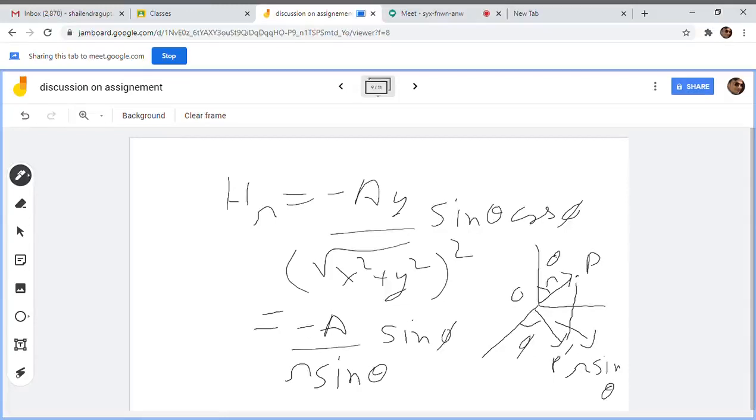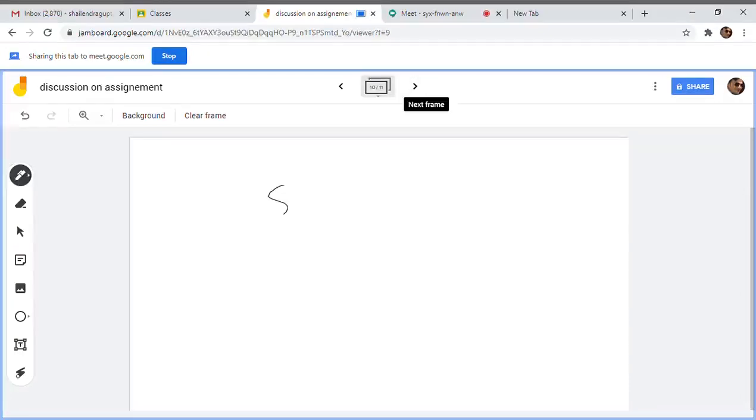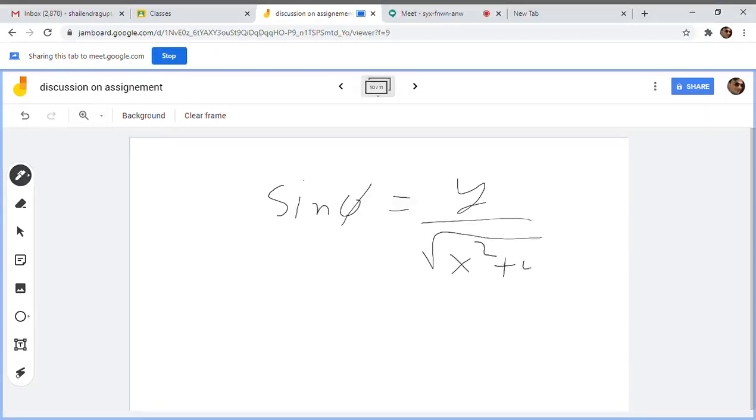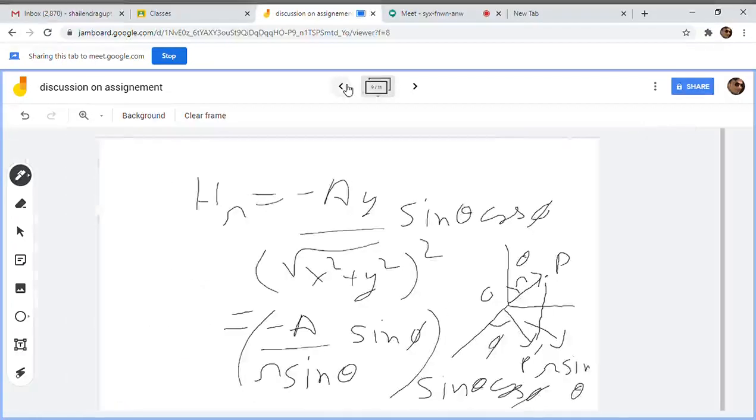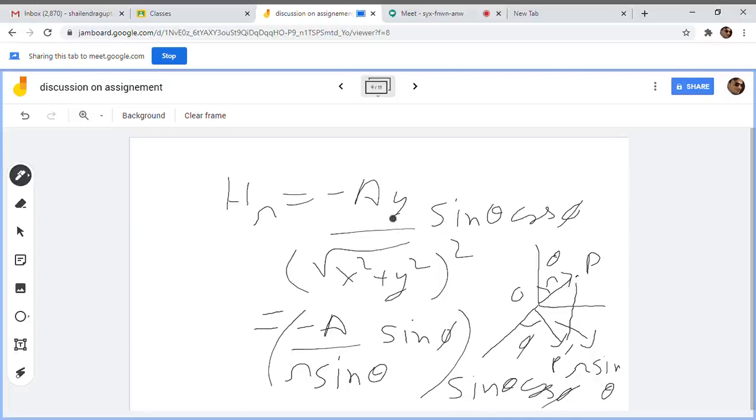Okay. So the remaining thing will be as it is, sine theta cos phi. I will mention once more: I have written sine phi as y upon under root x square plus y square. See, it is genuine. So you have y upon under root x square plus y square, which you have written as sine phi, and under root x square plus y square you have written as r sine theta. Okay, when this is multiplied, so this will become,